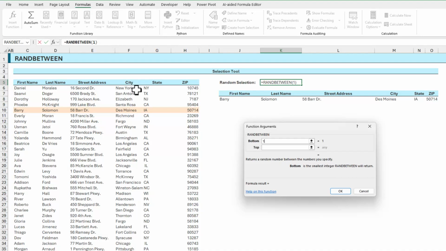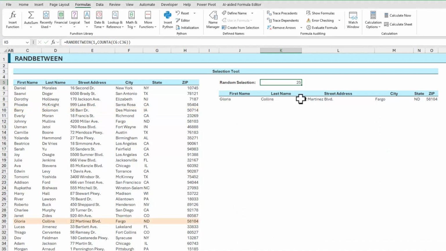But if I don't really want to pay attention to how many entries there are, for the top, what I can do is use the COUNTA function and simply highlight all the cells in this column. And what that'll do is tell you how many entries are in the table. So this will dynamically choose a number between 1 and 31, which is how many entries there are. So now when I click OK, it's going to generate a random number between 1 and 31 and retrieve Gloria